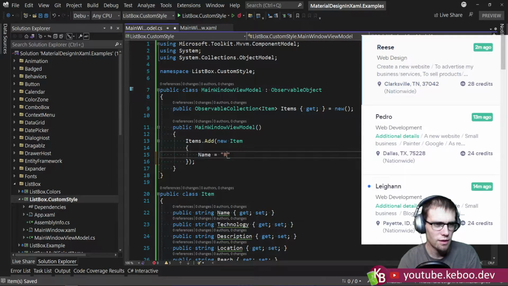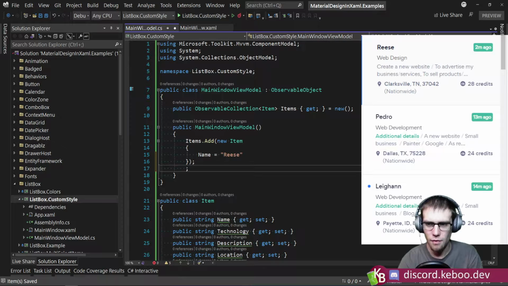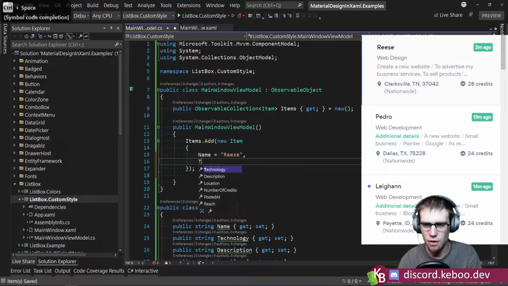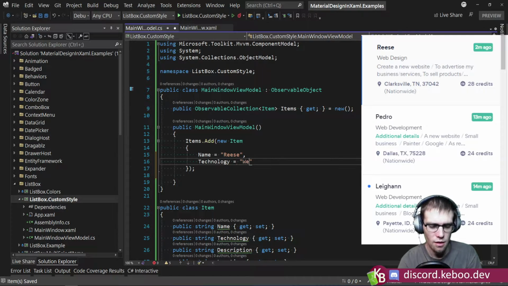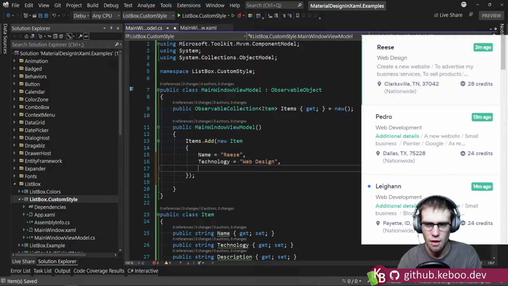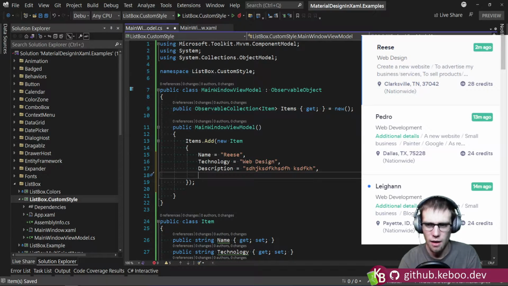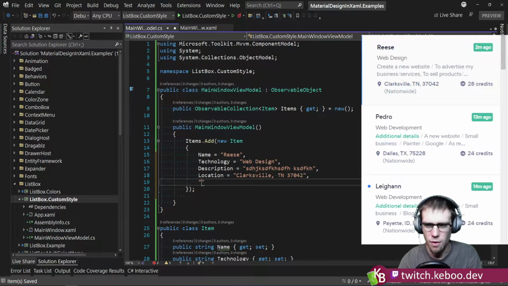So how about name gets Reese? Whoa, hey, not what I asked you to do. Thank you. Let's see. So technology is going to get web design, and then we will do description gets words. See, location gets Clarksville, Tennessee 37042. Sure. And then we will do, say, reach gets